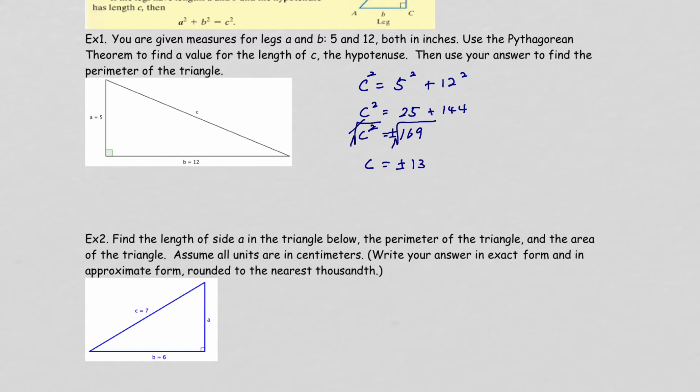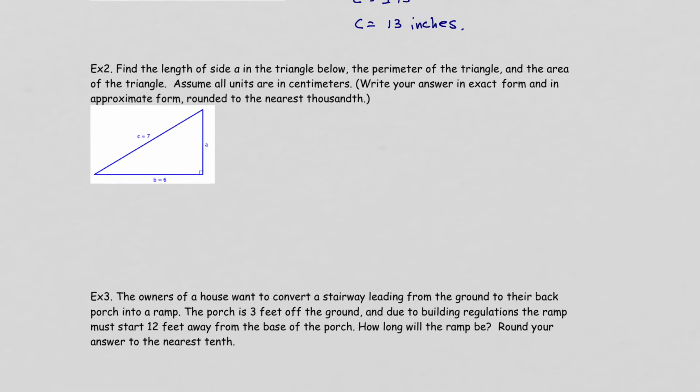Because we're looking at the shape, it has to be actual lengths. So we can get rid of the negative. Your C is going to be positive 13. And the unit on this one is inches. The second one,